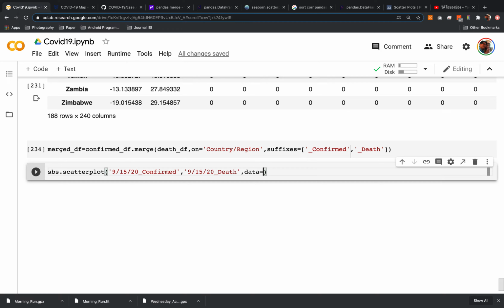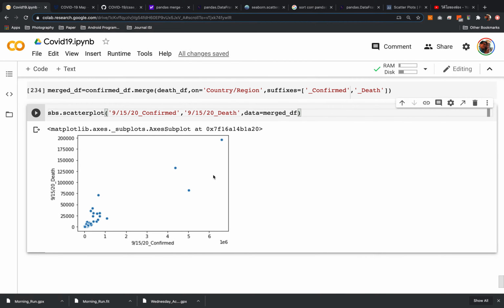This one, data is merge df. Okay, so this one is the scatter plot, and you can see that this one is the dead and the confirmed